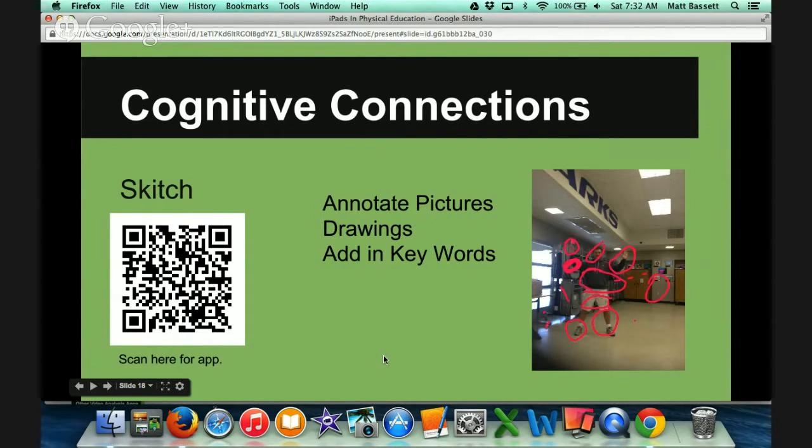One of the things that I've been doing is using the app called Skitch. It allows me to annotate pictures. It also allows me to draw on the screen, add keywords if I wanted to. You could use text or just draw. If you want to, go ahead and scan